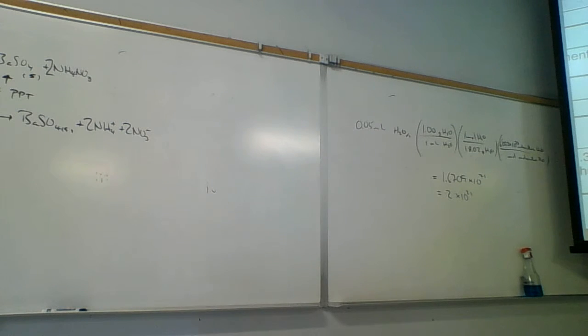But double replacement's kind of handy because we can just figure out if I take barium ions with sulfate ions, is that a good pair? And if I take ammonium ions with nitrate ions, is that a good pair? No. But this is what I call metathesis. This is not what I call double replacement. Double replacement is that tool to figure out what ions like each other. And once we find out what ions like each other, then we'll just focus on that. The other ions aren't interacting at all. They're spectators.